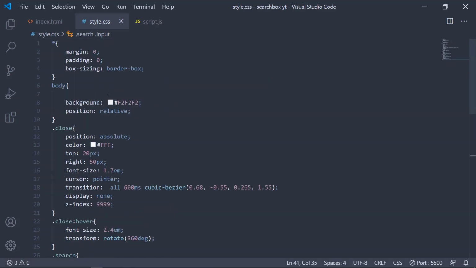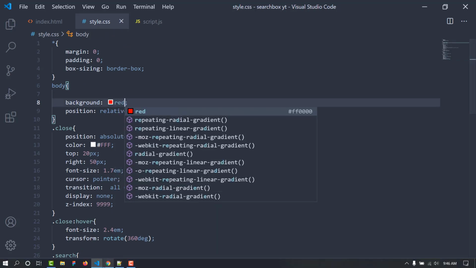We cannot see it because the body has a background color of white. If we change that, we can see the background color. Let's make it red and we can see the effect. Here we are, but if we put any text here, it is so little and it has a color of black. We don't want that, so we are going to give them a font size and a color of white.